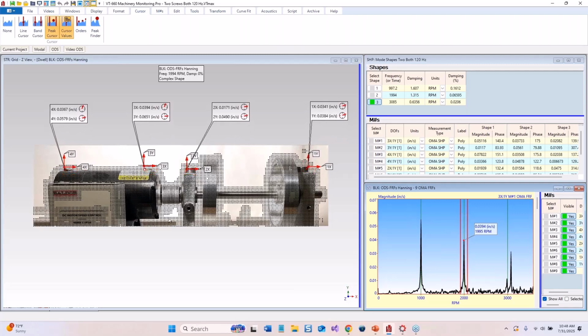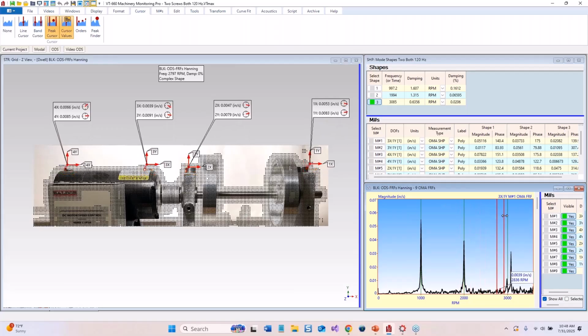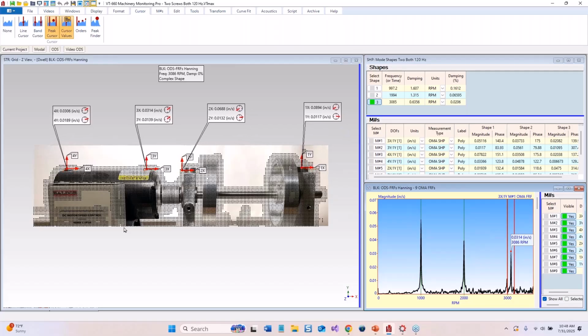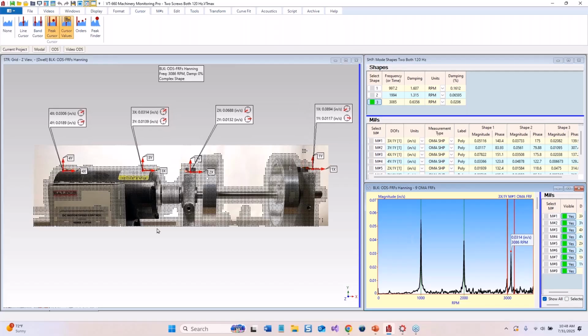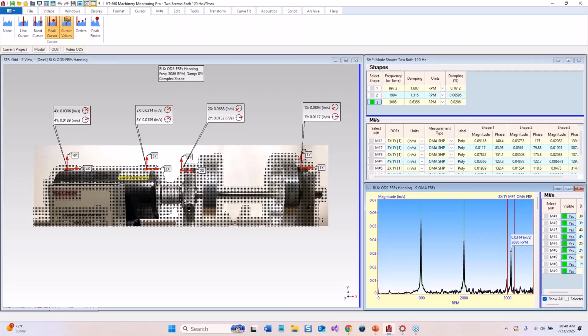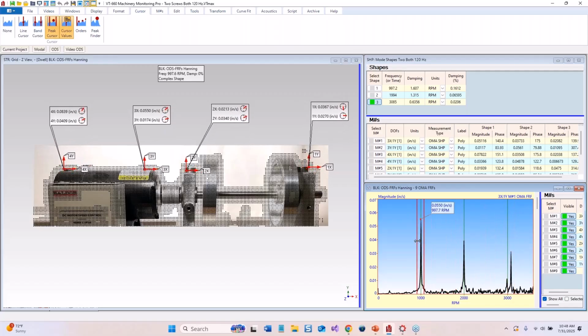Same thing we saw from the mode shapes, and in fact the values of the mode shapes versus the ODS are very similar. This is just the animation of those 4 points. Again, we're seeing the out of phase motion of the third order. And if I go back to the first order,